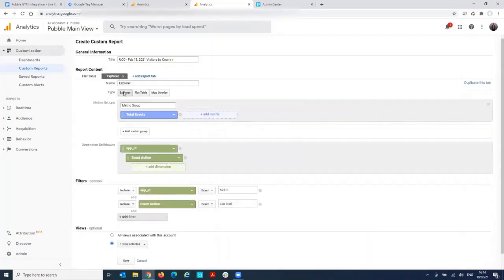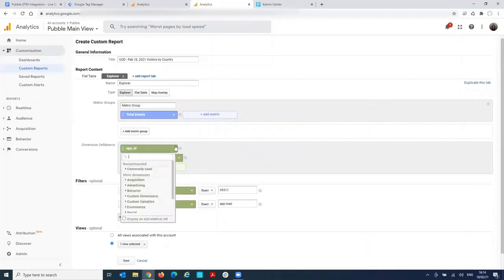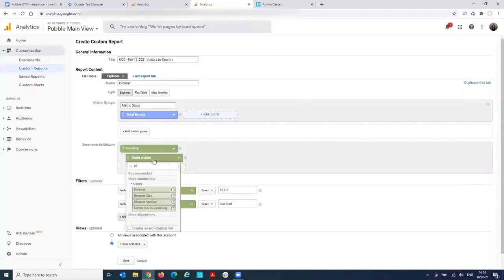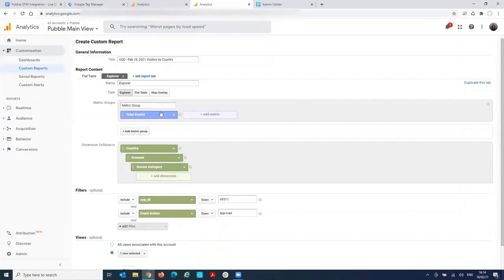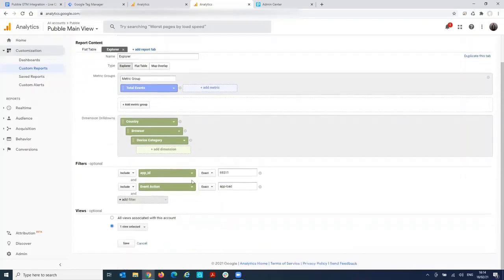Over on Explorer, I'd make sure the filters remain the same, but I would change this again to country, change that to browser, and add my device category. So is that there? Again, this is just the same information in different views. So if I save this,